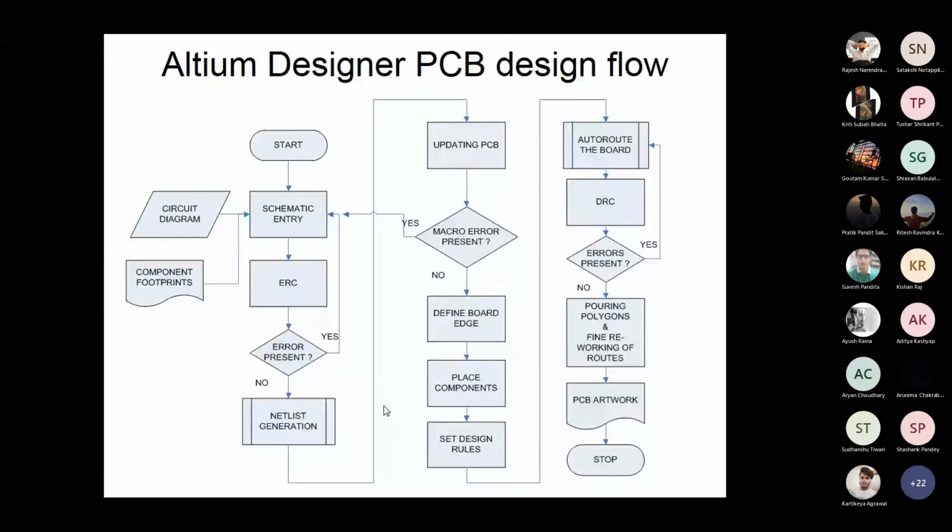if the design rules are violated because of some constraints, those are checked by the DRC. They are called design rule constraints. So if your board doesn't comply with the DRC, it will flag up an error saying that there is an error. You have to go back and correct the board.